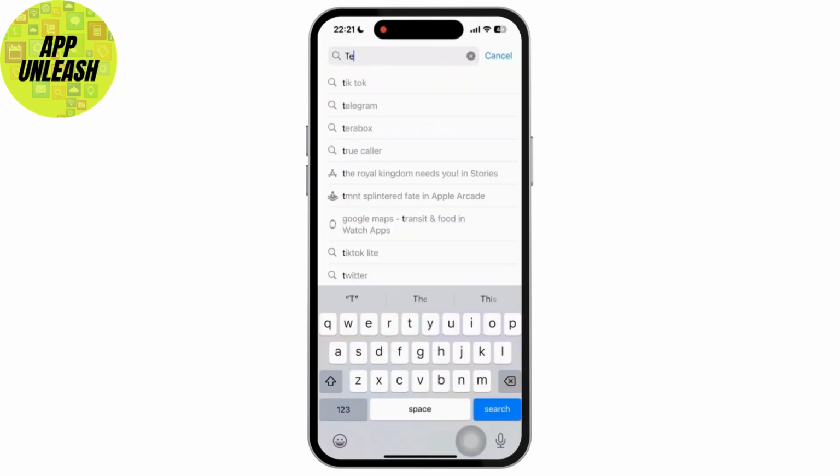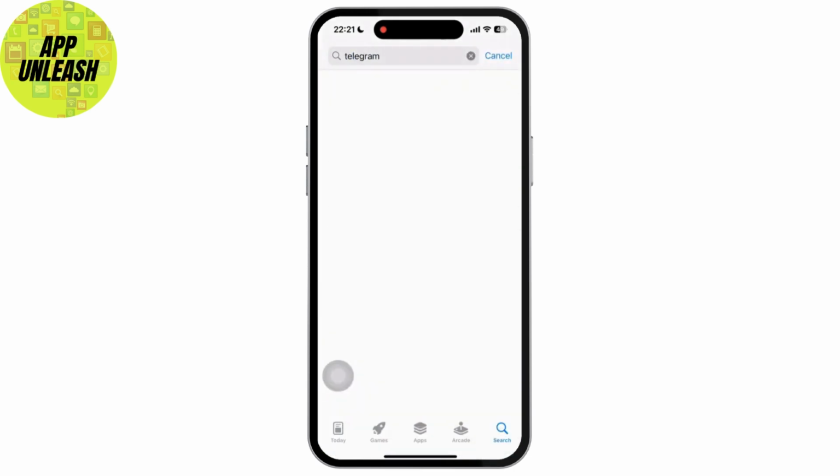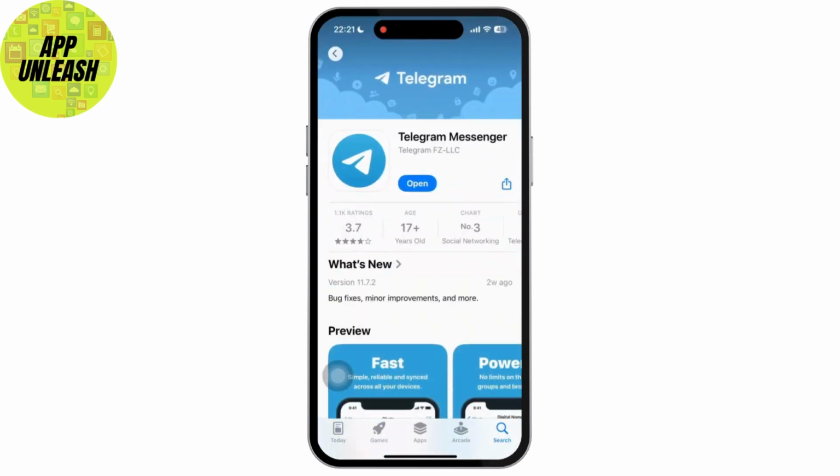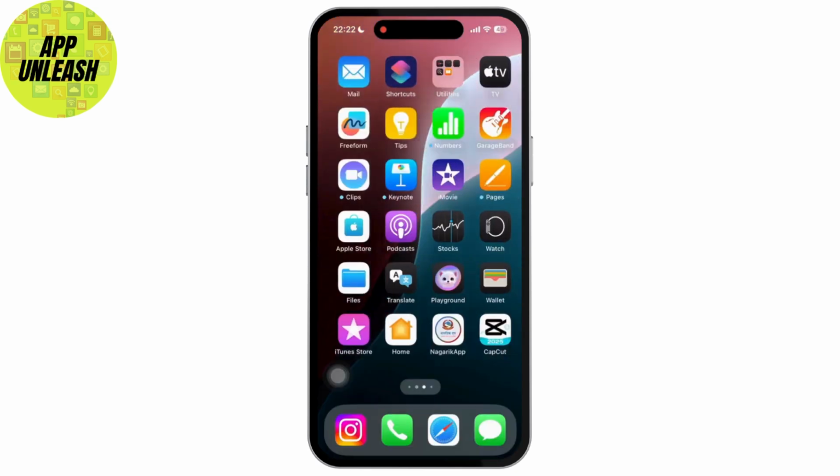Here, search for the Telegram app, then tap on it, and if the update is available, then simply tap on the update and update it to the latest version. Now, once updated, simply check for the channel again, and if it still shows the same problem, then the channel may